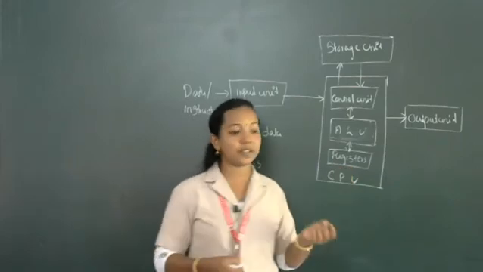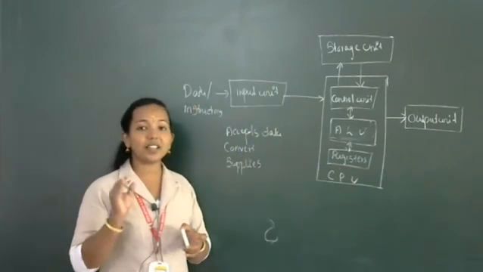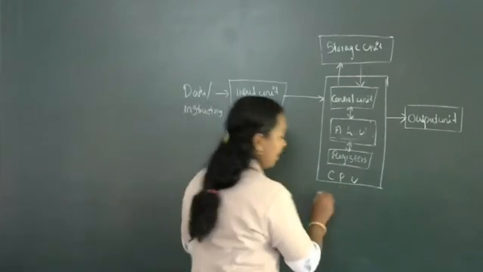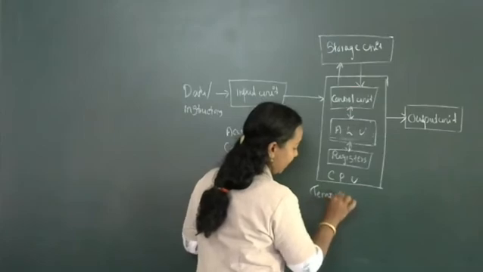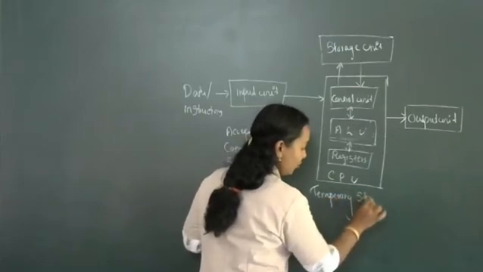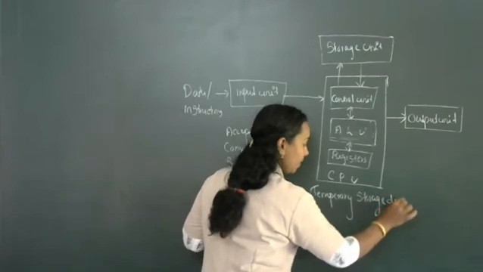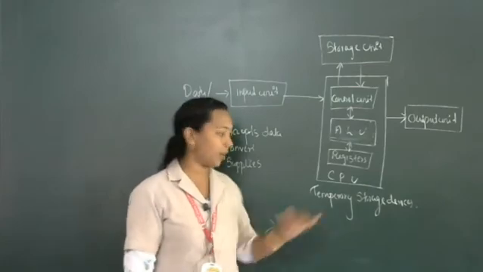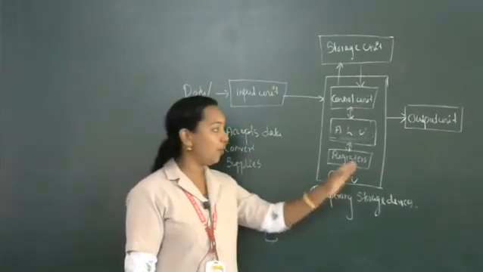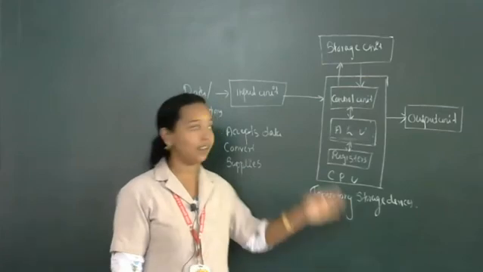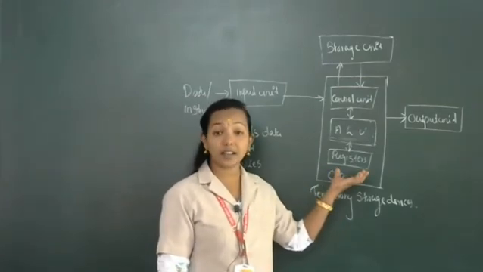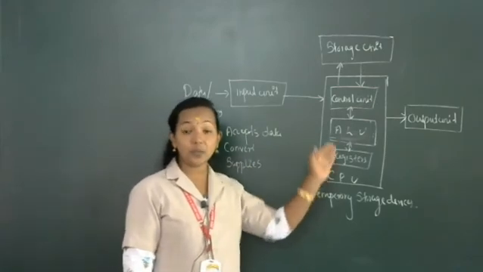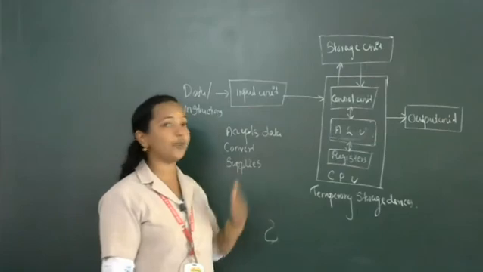Then one more unit is present, registers. Registers are the temporary storage devices. What is a register? Temporary storage devices. So that we will discuss later, what are the various registers that we are using in computer. For making data transfer faster, a processing unit uses registers for transferring data from one place to another. Registers provide high speed data connection and also data transfer.